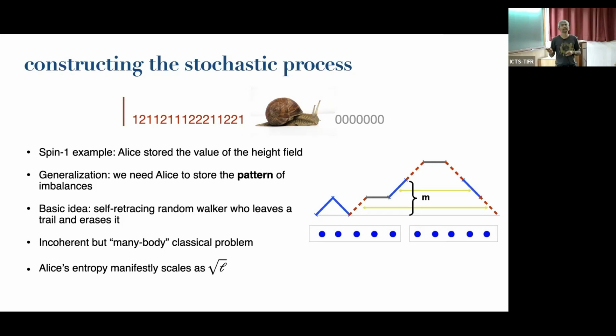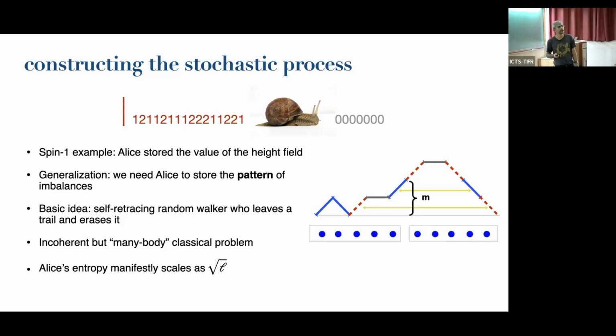And so this process allows me to both generate a ton of entropy and also wipe it out with some reasonable probability. So my post-selection is reasonably likely to succeed. And so now I have the same phase diagram. I have a phase in which the snail is stuck to the origin. I have a phase in which the snail wanders out to infinity. And I have a point in between where the snail is undergoing an unbiased random walk, depositing ones and twos